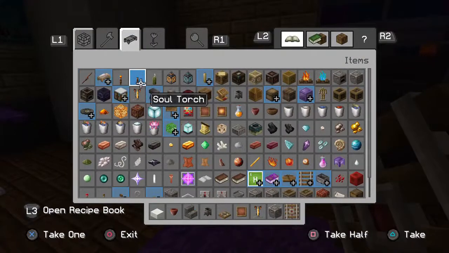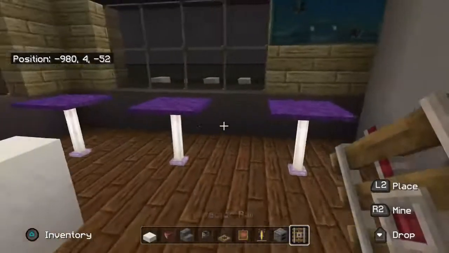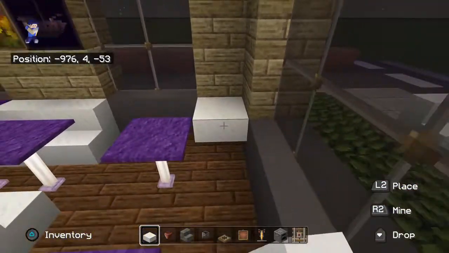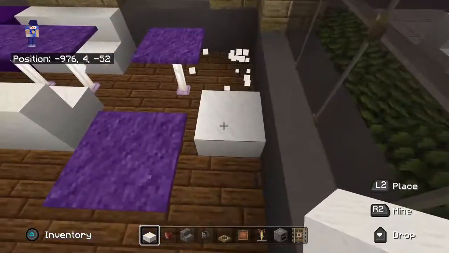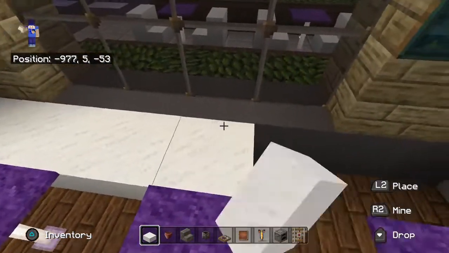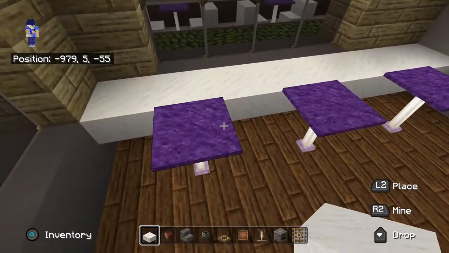Across this back wall here, we already have the seats for it. I just want to add, like I said, it's almost like a breakfast bar sort of style, sort of like a raised seating area. And we can just place some pots over here as well to look like drinks. We can even add some item frames to look like food if we like. To the